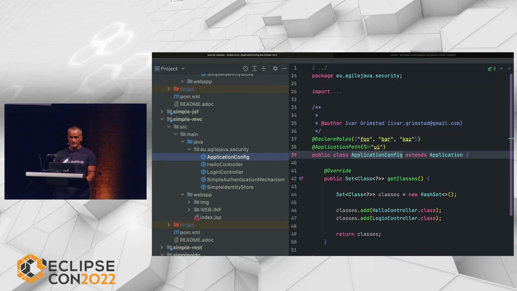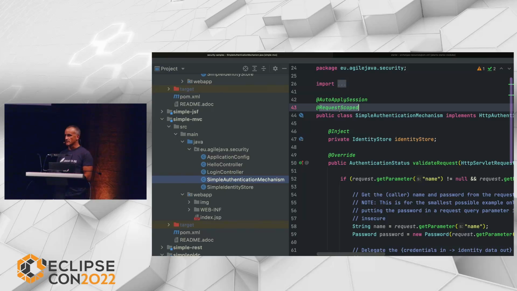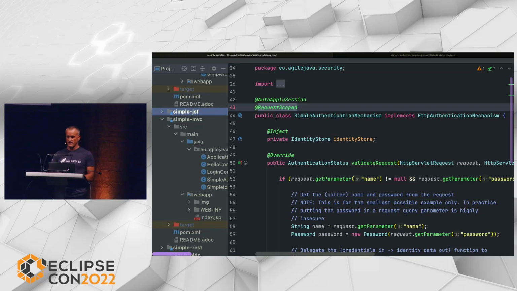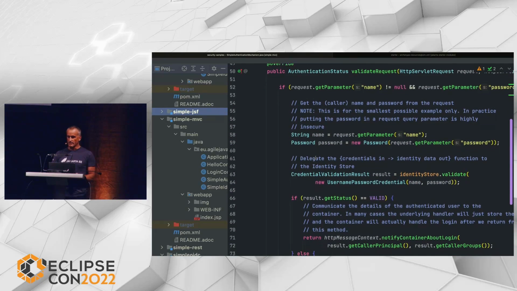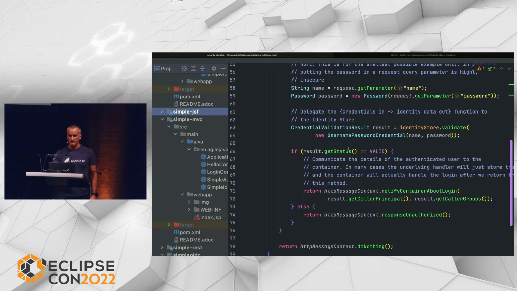And then I can just add an authentication mechanism that has a CDI scope. And in this case, it's request scoped. It could be application scope or something else. And this authentication mechanism can do authentication in whatever way you want. Like this is super simple. It just checks that it has a request parameter called name and password. Nothing is encrypted or anything. It just checks there and creates these credential validations, notifies the container, and then